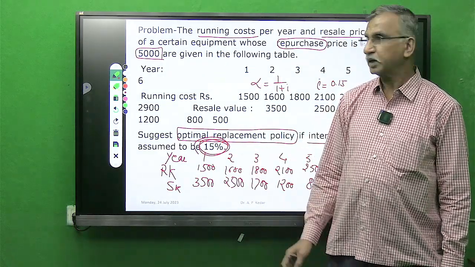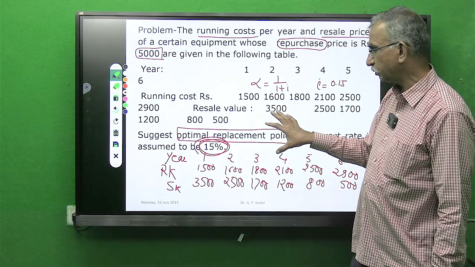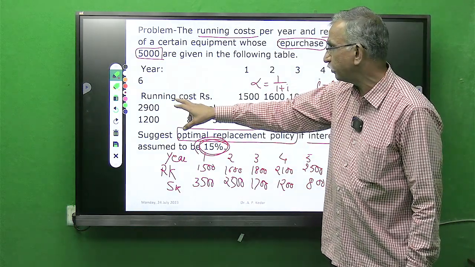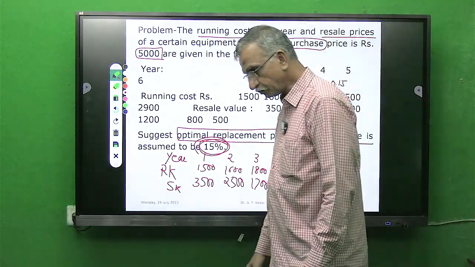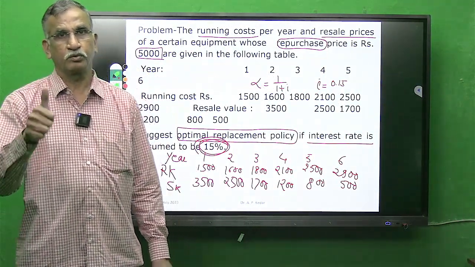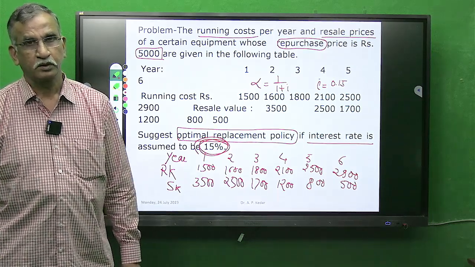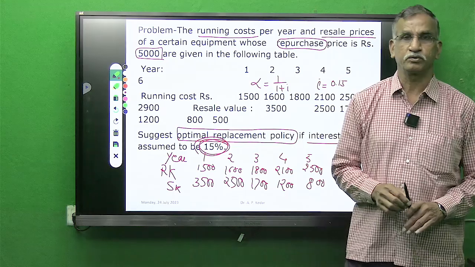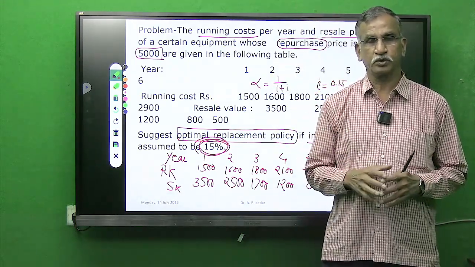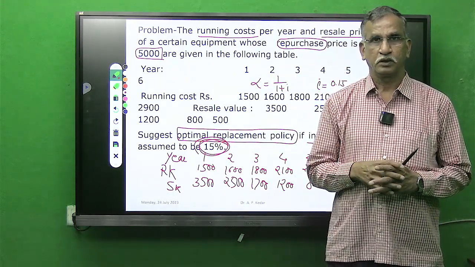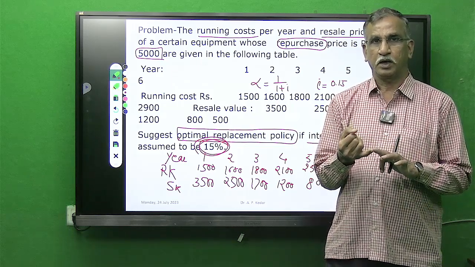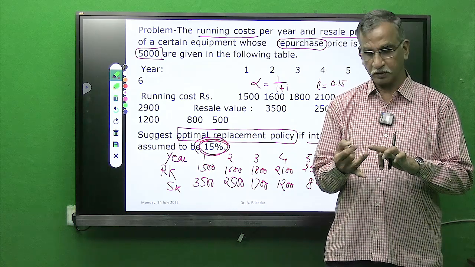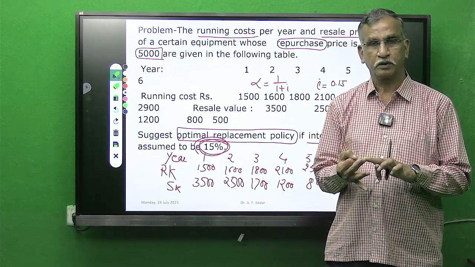Again, one important thing is, no assumption is given regarding behavior of running cost. How running cost behaves, no data is given. Very important. So tell me, out of those three cases, which case we will use? We have seen from last 2-3 lectures, three cases. In one case, assuming running cost expended at the beginning of year. Second case, in the mid of year. Third case, at the end of year.